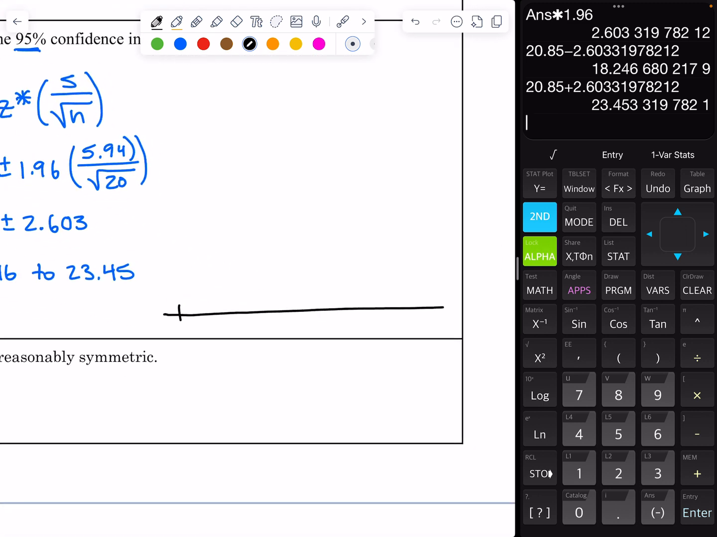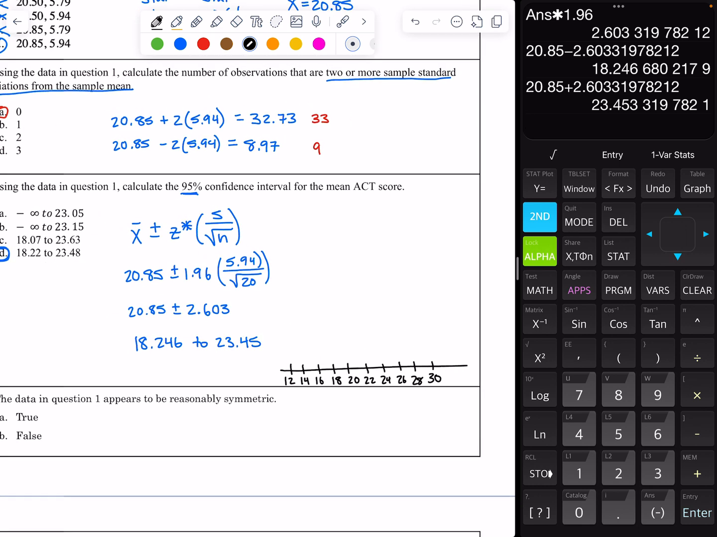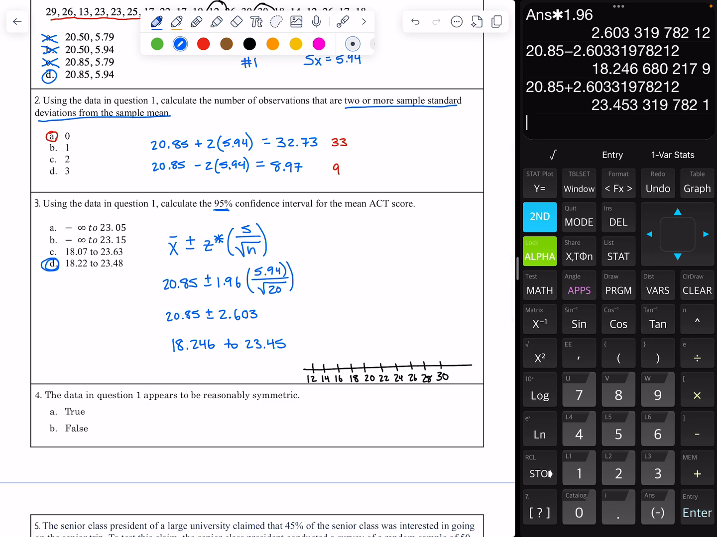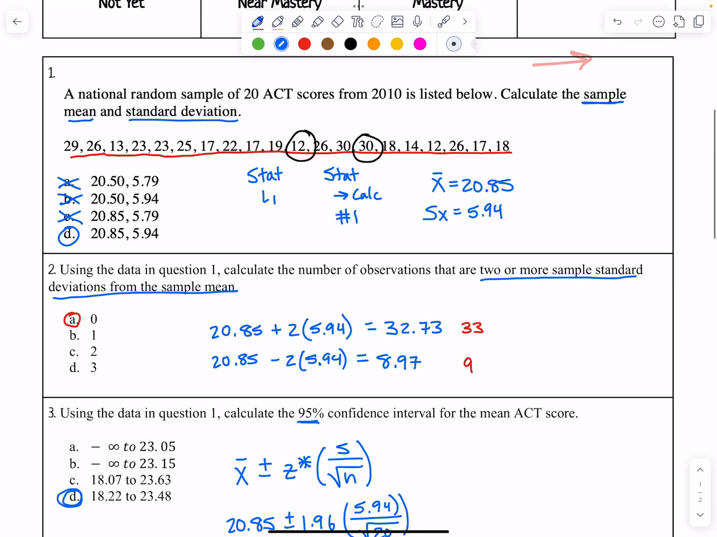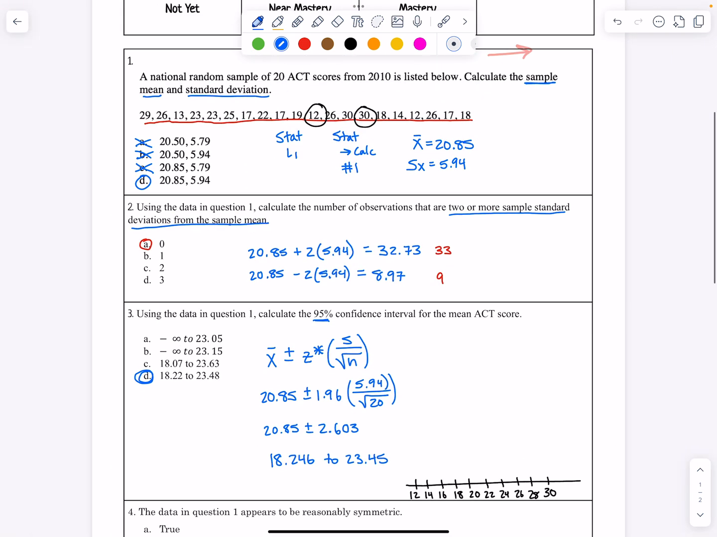And so let's go from 12, and I'm gonna go up in increments of 2 because I think that'll be easy enough. So 12, 14, 16, 18, 20, 22, 24, 26, 28, 30. And then I'm just gonna plot these so I can take a look at how symmetrical the data looks. So I have 29, 26, and 13. Let's start with those. So 29,